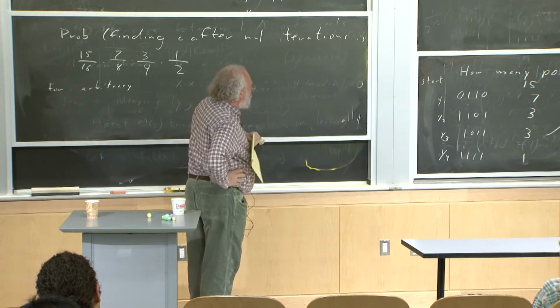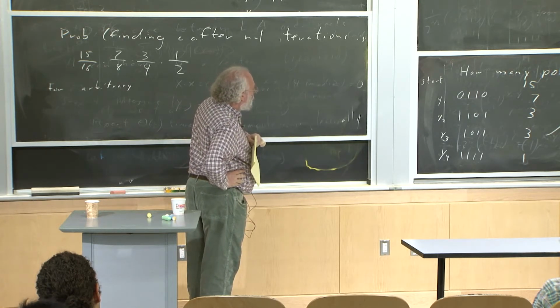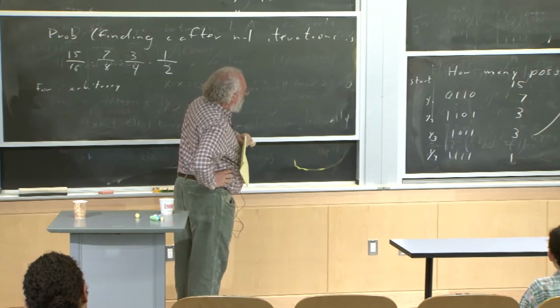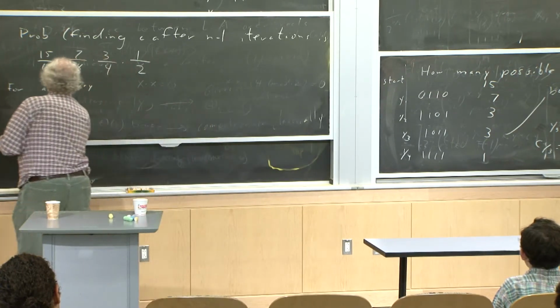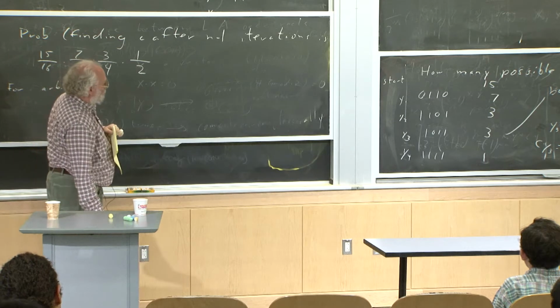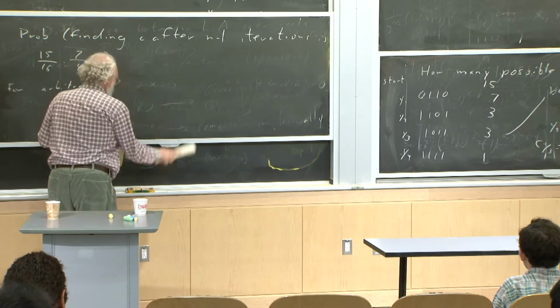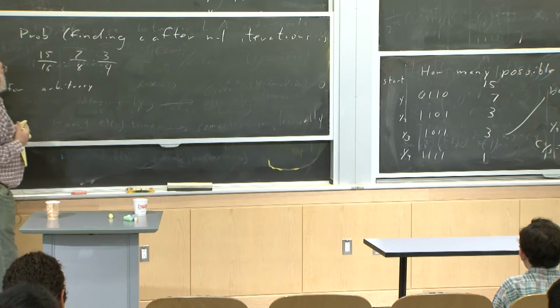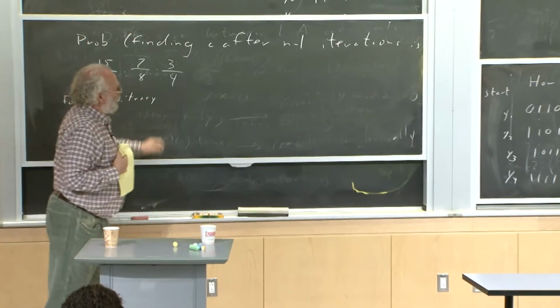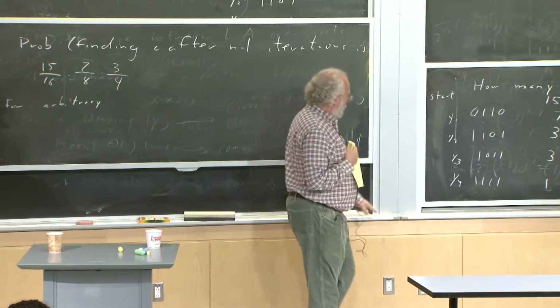Okay, something is 15, 7, 3. No, this last, we don't need that last 1 out of 2. 15 sixteenths, 7 eighths, 3 fourths, because